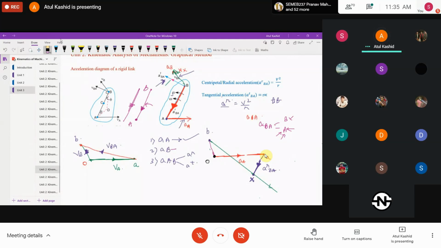Then what we did, we went on for the tangential component of acceleration for B with respect to A, right? That tangential component, we know it is perpendicular to the link AB, and direction is also known in this direction, right? It is not in this direction because it is rotating in the anticlockwise direction. So parallel to this line, I have drawn from X and extended to both sides, right? One side I have erased now, but you have to extend it on both sides because we don't know where the point B we are going to get, right?